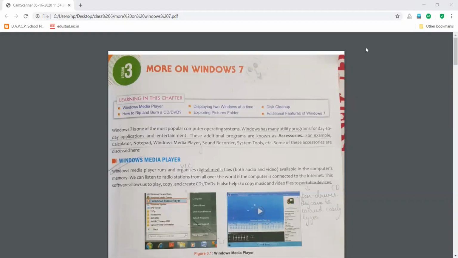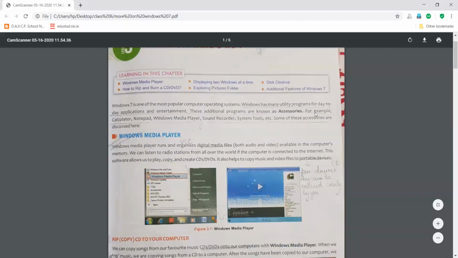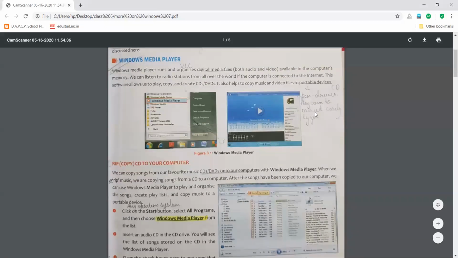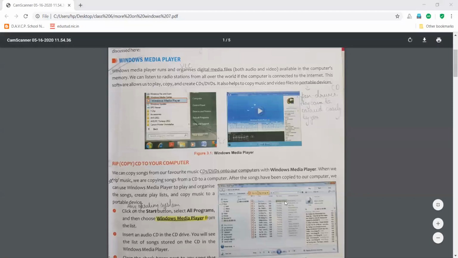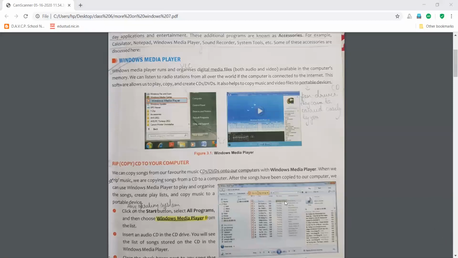So first let us discuss what is Windows Media Player. The name is telling us that it is going to play some kind of media, and this media can be audio as well as video. This media should be present in your computer only, then it will be able to play that particular media, right? As well as the function of your Windows Media Player is that it can copy music from the